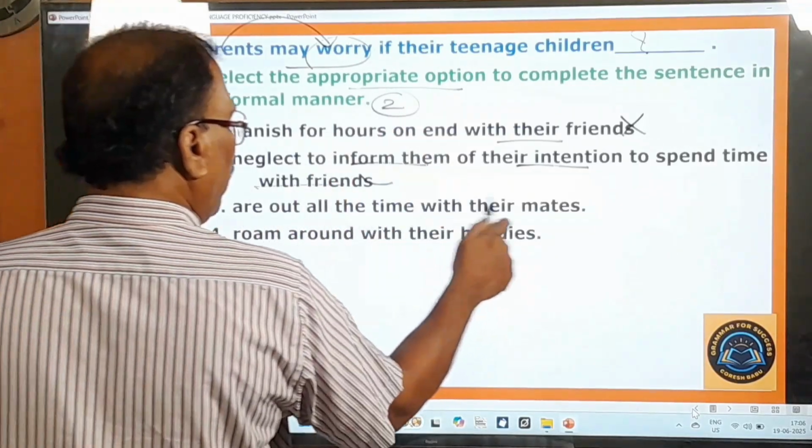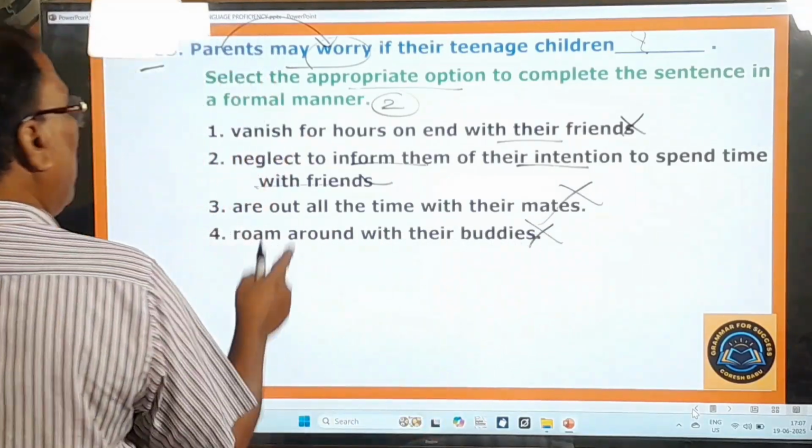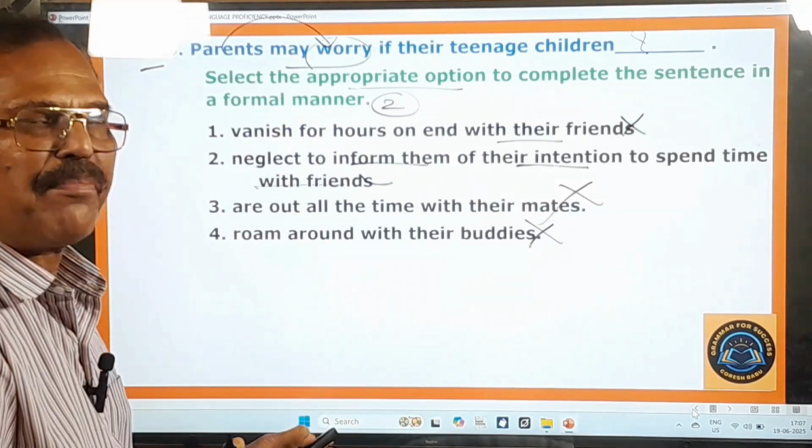Are out all the time with their mates? No. Roam around with their buddies? No. So here, whenever they don't inform the parents about their intention to spend their time with their friends and all that,